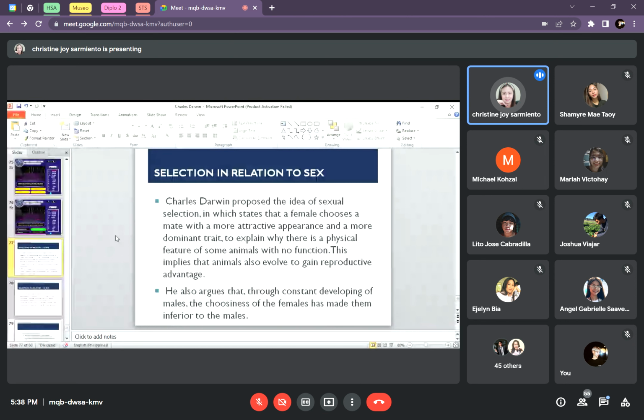Pag sinabi nating sexual selection, ito yung ability ng isang species to attract their mate. Okay? So, like for instance, by having certain traits, basta anything that could attract their mate, pwedeng kulay, meron sila